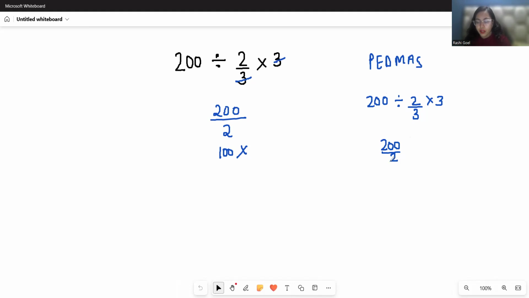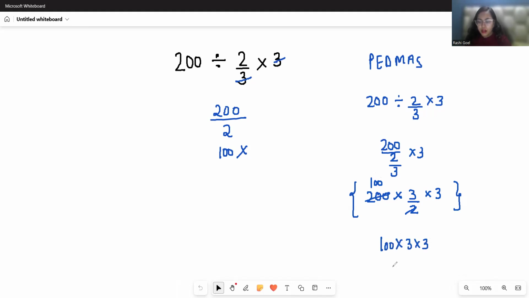We can write it like this, or you can write the division sign as multiplication and take the reciprocal and then write it. So this is the format. You can write it properly without any confusion. Now you can cancel out the 2 with this 200, which gives us 100. This gives us 100 times 3 times 3, that is